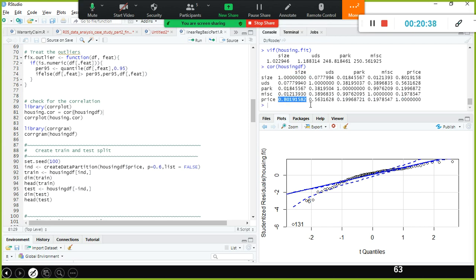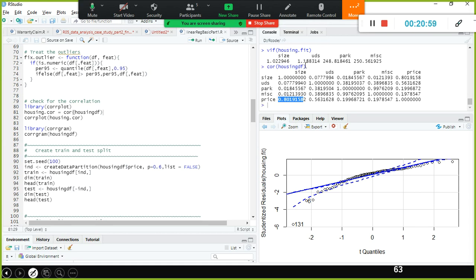Linearly it should be correlated. See here, size and price, this value you need to look at. This value is for the combination of size and price. Each independent variable is supposed to be correlated with your dependent variable.